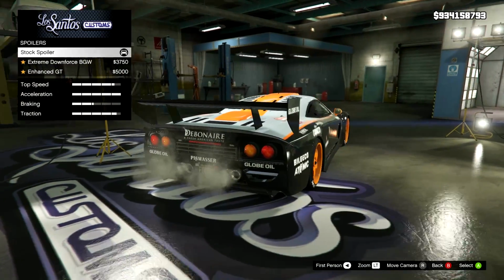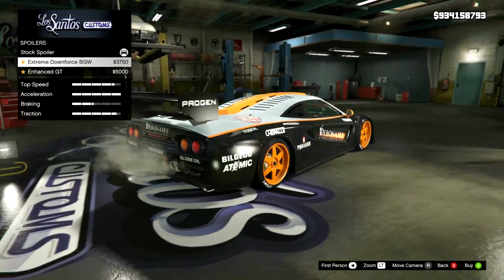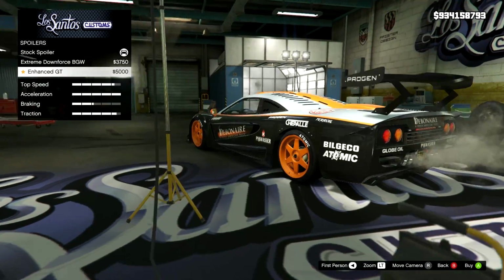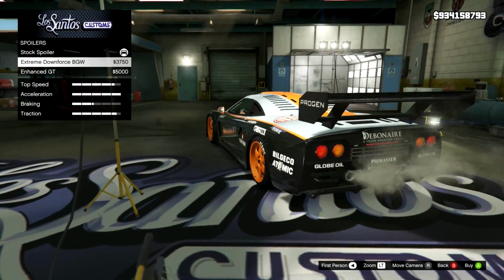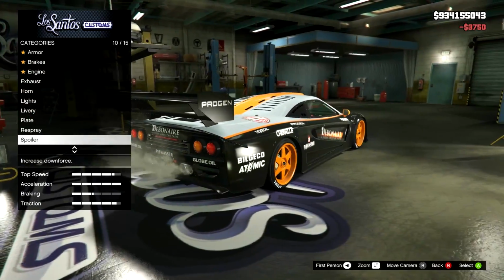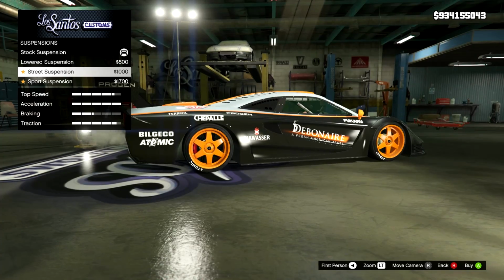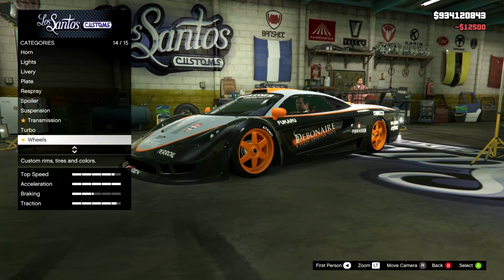Spoiler. So we have the stock, then we have the extreme downforce, and that's huge. Look at the size of that thing. And then we have the enhanced GT. Oh my god. Well, that looks horrible. I like the standard one. I'm going to go for the extreme downforce BGW, but actually, to be honest, I prefer the standard one. On suspension, it's going to go lowered, street, sport, not much of a drop, race transmission, turbo tuning, and